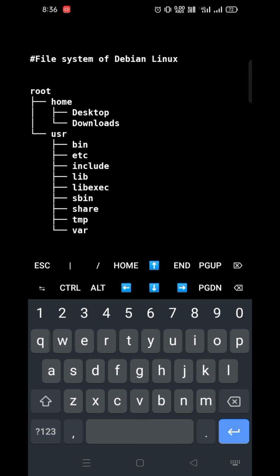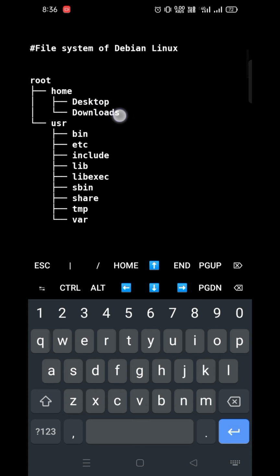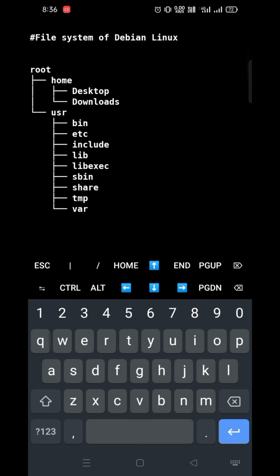Inside home you may have many folders. I have shown only two, that is desktop and downloads. The things which are on your desktop will be stored here, and whatever you download from the internet would be here. In user, same as Termux,